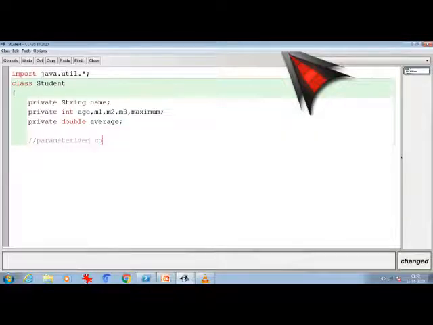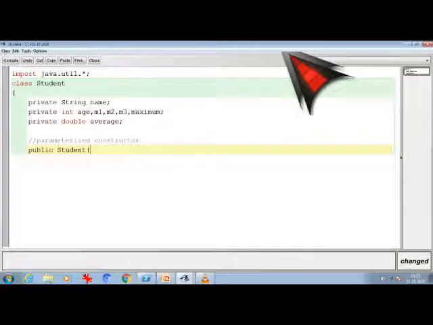Now I'm going to write the parameterized constructor. The parameterized constructor, same as the default constructor, does not have a return type, not even void, so we write it with only public, then the same name as the class name, with parameters. Here we pass parameters for everything other than the values which we are calculating.